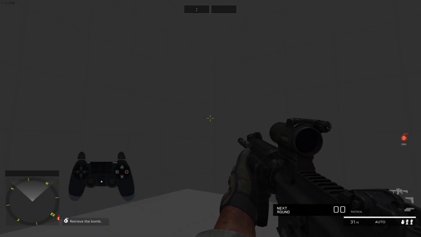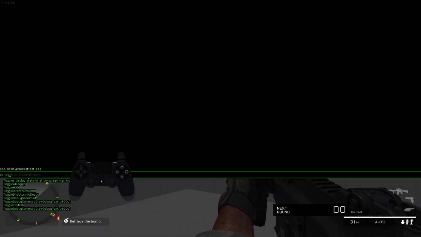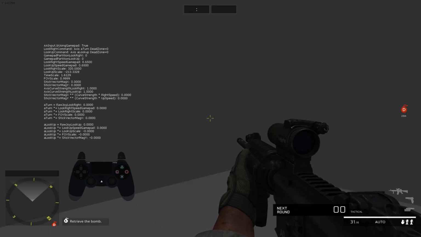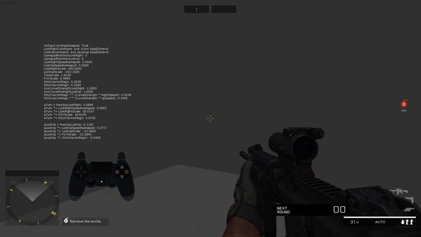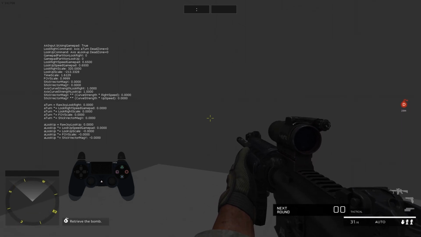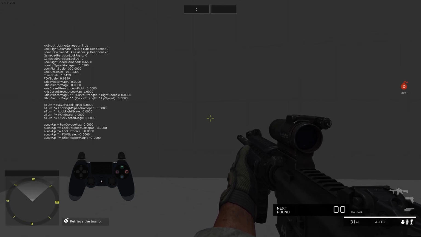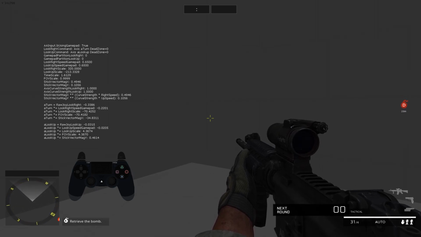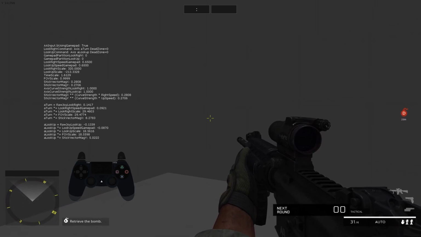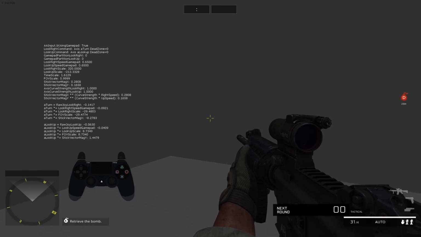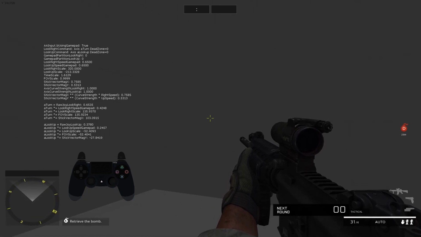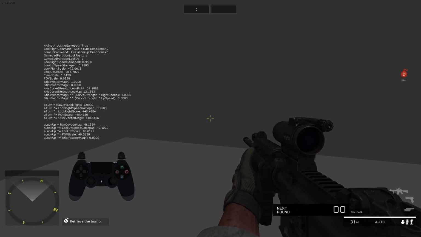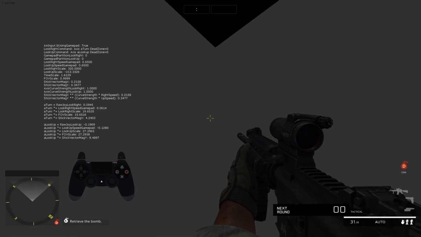One of the best debug tools that we came up with was showing the input. This is our debug tool, and what we're doing is we're outputting every piece of math that the aiming axis goes through in the engine. So you can see I'm looking around here. I'm in my center area where I'm aiming, and then I'm in my outer area where I'm looking, and then we have our high speed area on the edges. Kind of see where all the values are